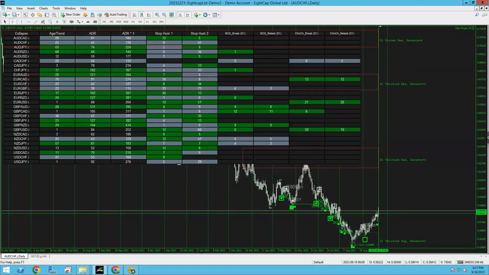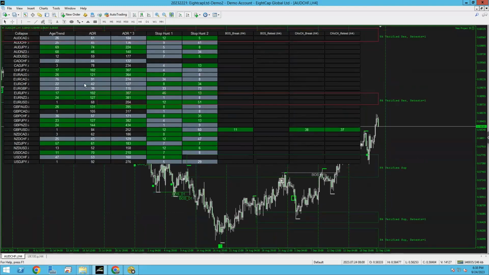So like I said, it might have appeared when it was like 11. So maybe it appeared when it was like here, even. Let's just say it appeared here and you saw 14. It would have said 14 on the agent trend on AUD. That's absolutely fine because we're not entering straight away. You're not entering just because a new trend's appeared. It's just telling you what pair to now look at. Now, I just went to the daily time frame just so you can understand how the agent trend is working with the amount of days here. Just so you can see that.